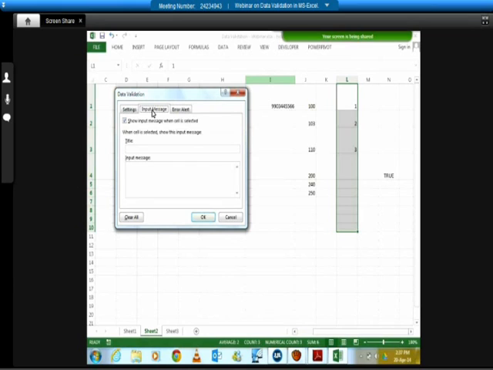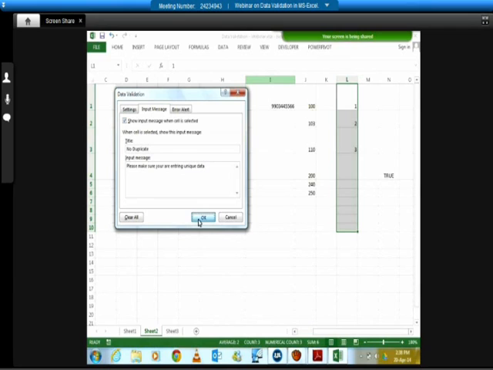I had put in a particular cell, I think it was in F or E, that you can only enter numbers between 1 and 100. Now, I do not explain to the user what I'm looking for. So he keeps on trying 200, it's not coming. 210, it's not coming. So it's very frustrating at the other end for the user, who wonders why he's not able to enter it. If I would have given an input box saying that in this column you can only enter 1 to 100, that will help him to understand and not make errors while entering the data. So that is the purpose of your input box.